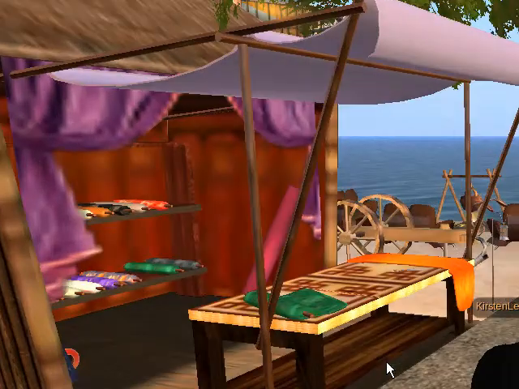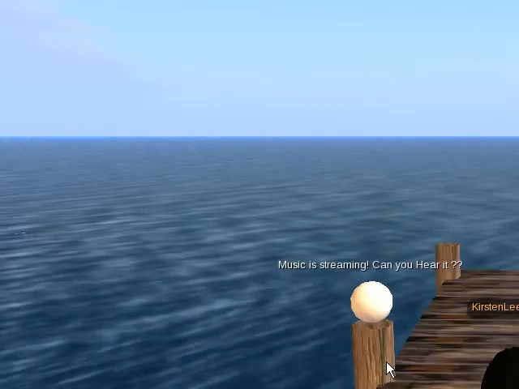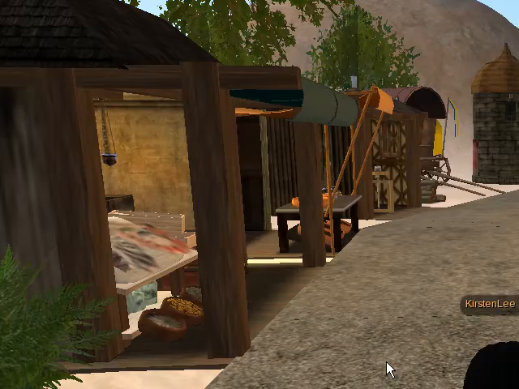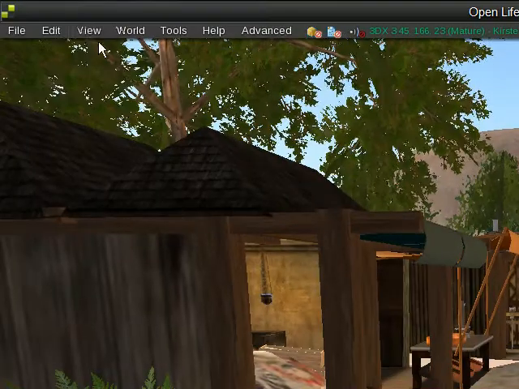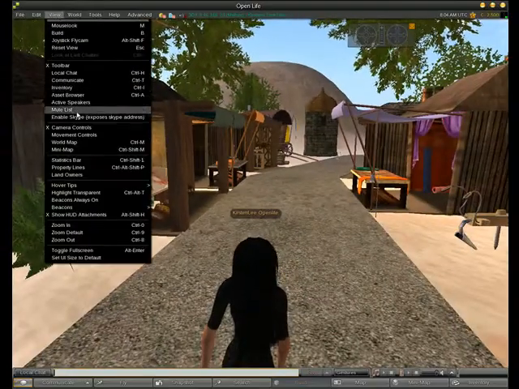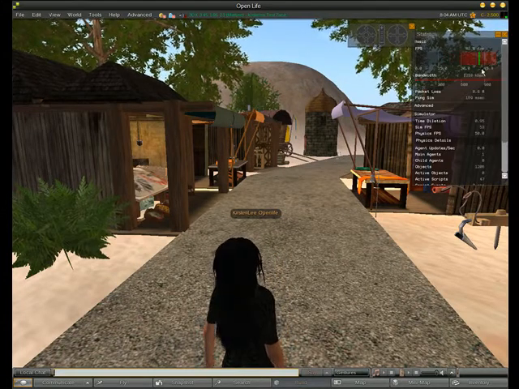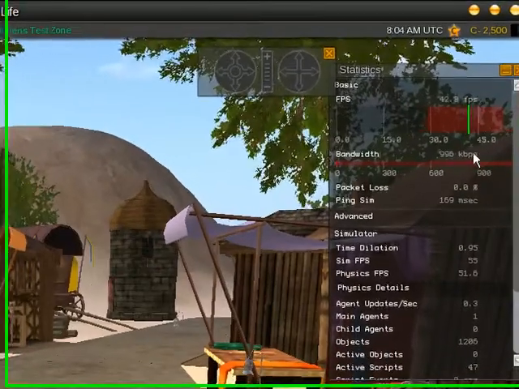And voila, this is a little village test. It's nothing particularly scientific. We just have a small village, which I know how many textures and how many prims are there with a little path. And if I go to the menus, fire up the statistics bar, oh yes, lovely, 40 frames per second. The upshot of it is